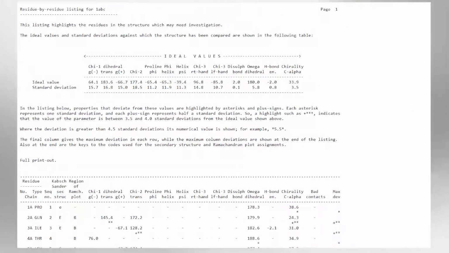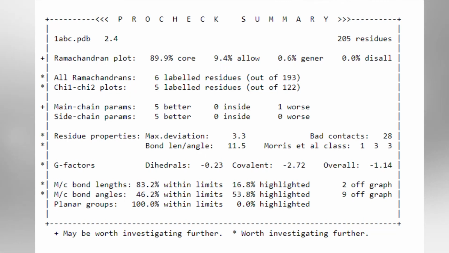So, let us now understand the output of Procheck. In the Procheck log file, you can see for that specific protein the chi-square values, and for each amino acid the results are given and reported. If we come down to the log file, we will be able to understand the percentage of all the amino acids specified into each category. So, now in the log file you can see at the bottom, for the abc.pdb file which we have given as an input, the Ramachandran plot represents